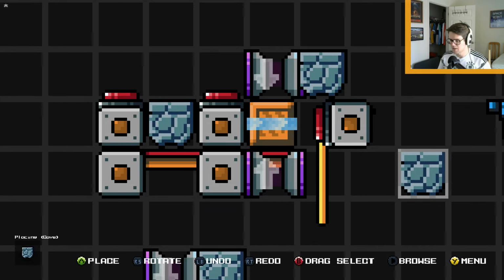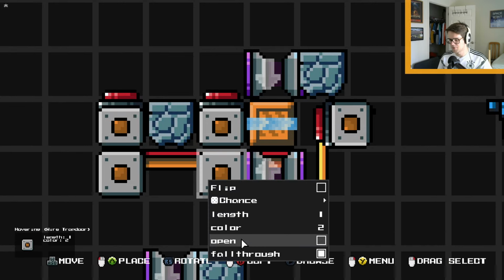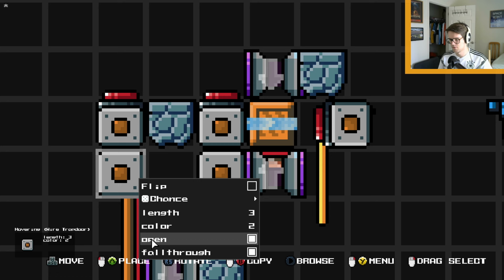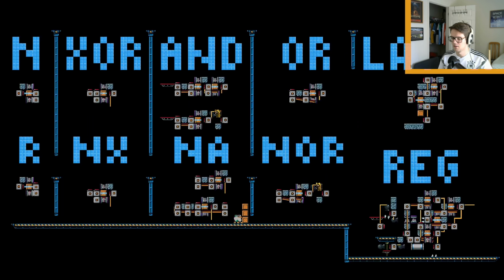Very simply, we can invert the inputs by just opening or closing the trapdoors. This creates an OR gate. So I can demonstrate that over here. The OR gate is off until either of the buttons is pressed. Alternatively, if both are pressed, it also works just fine. There's our OR gate. AND gates and NOR gates become slightly more tricky because we have to invert